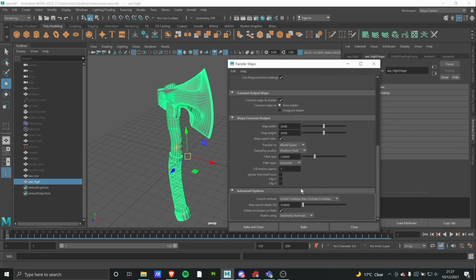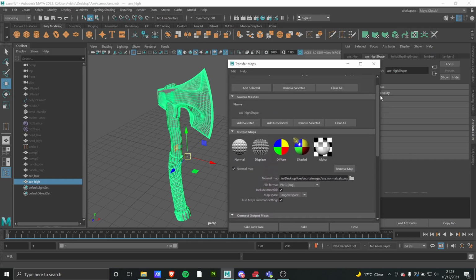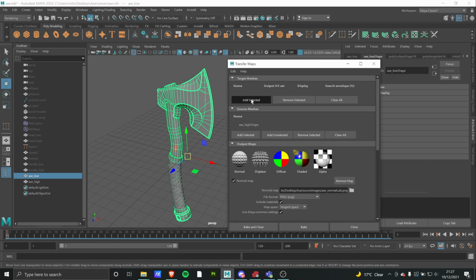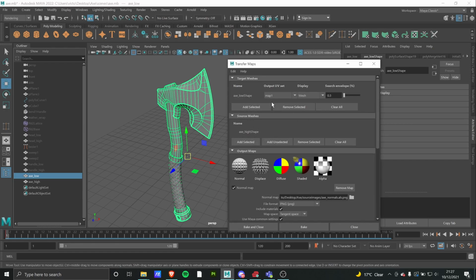And then lastly, down here we have in the advanced option something called a search method, and you want to make sure this is set to inside envelope and then outside envelope. Now you might be wondering, what is this envelope thing, right? Well, we're not going to put anything in the middle, but when we go all the way back up to our transfer maps dialog, where it says target mesh, I should probably add my low poly. Hadn't done that yet. When you have your target mesh, there's an option where it says display, and when we